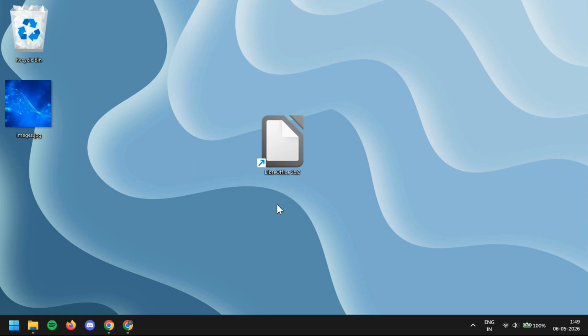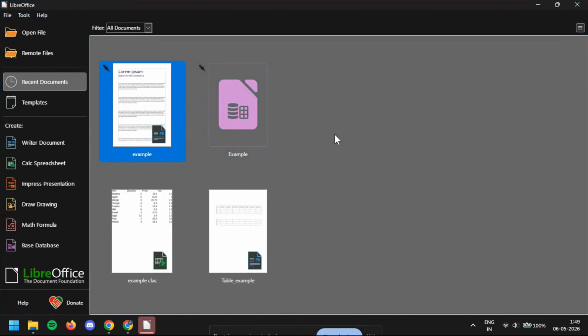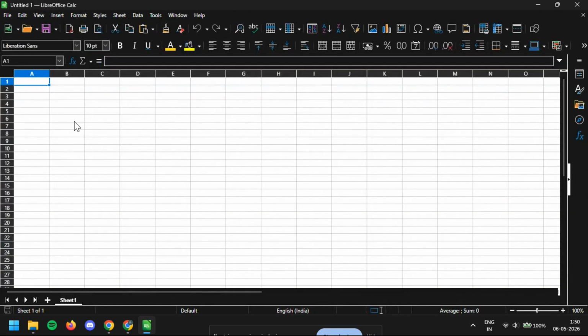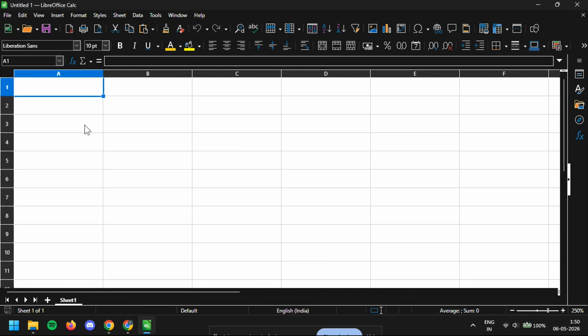Alright, let's get started. First, open LibreOffice on your computer. Once it launches, look at the left side under Create and click Calc Spreadsheet. This will open a new spreadsheet where you can work with your data. If you already have a spreadsheet open, that works too. The goal here is just to get into LibreOffice Calc so we can add the hyperlink in the exact cell